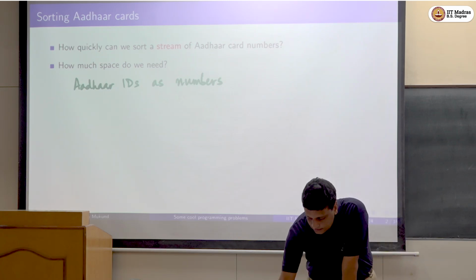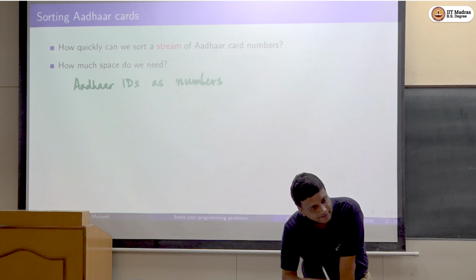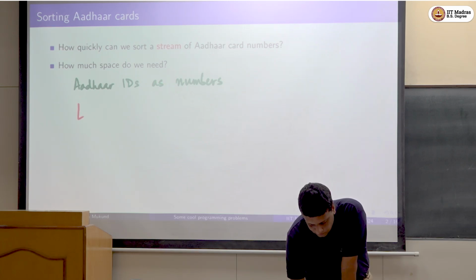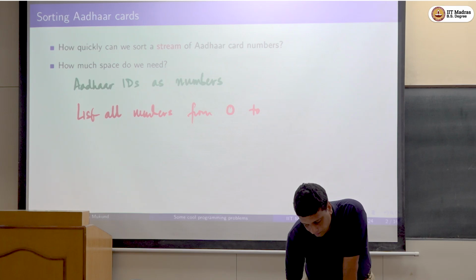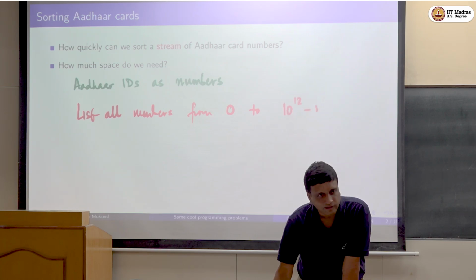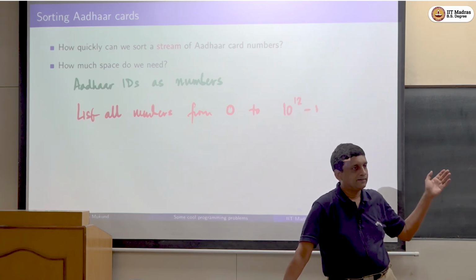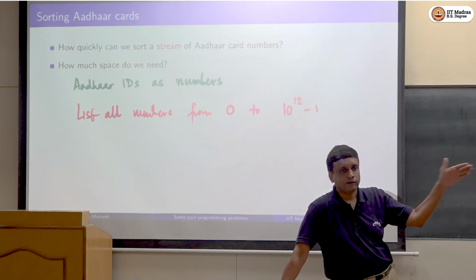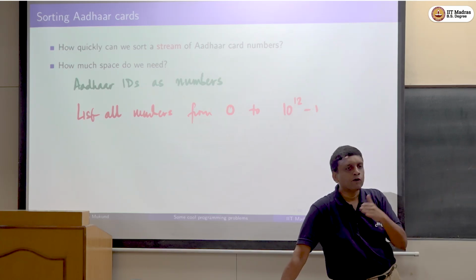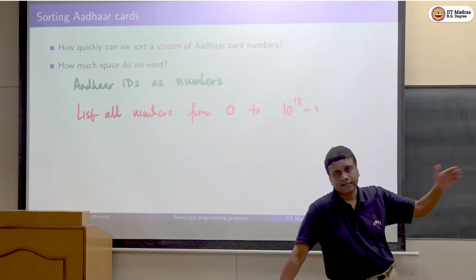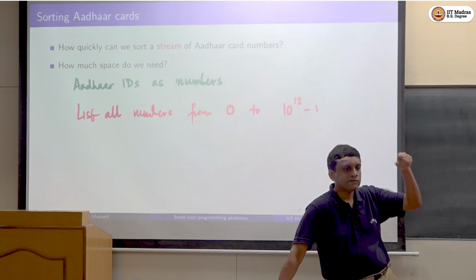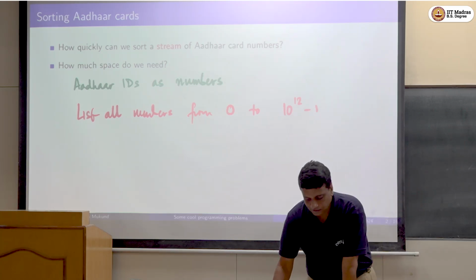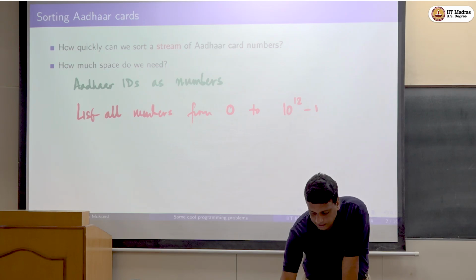Okay, so this is a suggestion similar to that suggestion, but with a slightly different interpretation. 10 to the 12 minus 1, all 9s, is the largest value that you can get for an Aadhaar number, 12 9s, and 12 zeros is the smallest value. So if you think of them as integers, it is from 0 to 99999..., which is 10 to the 12 minus 1. So his suggestion is to list all the numbers, and